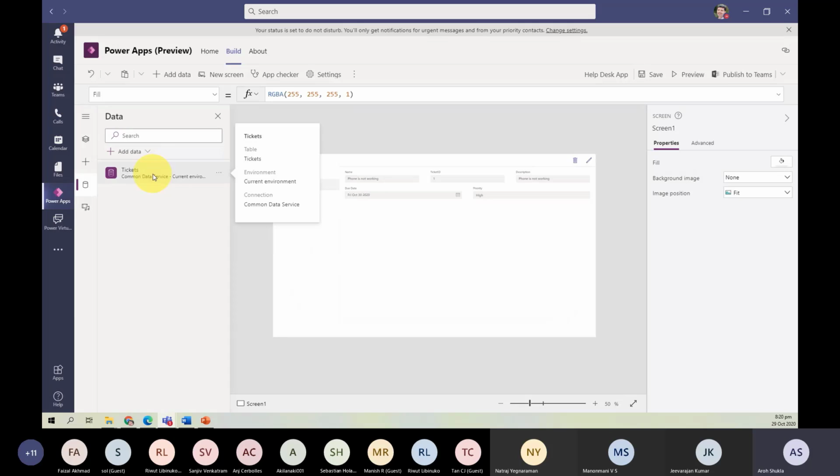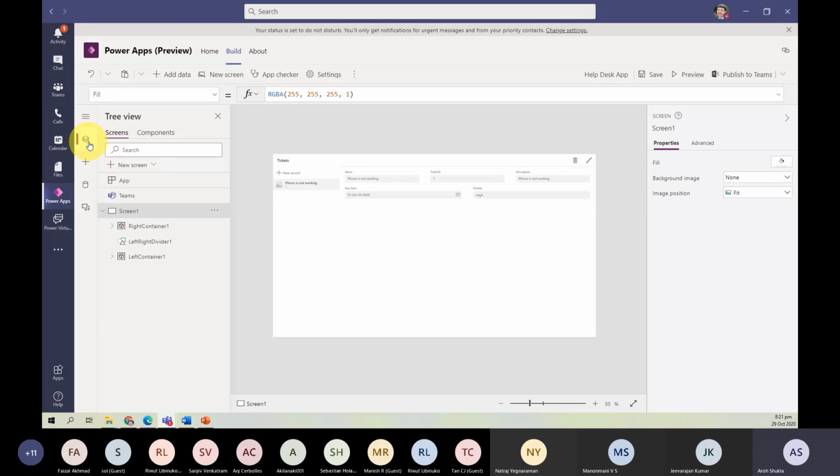Now see, after a few moments, you have a database, which is a tickets database, and you have the same environment which you have used for many years using Power Apps. Same environment. There are a few differences here. I'm going to talk about them, and here what I can do, I want to show something very important.